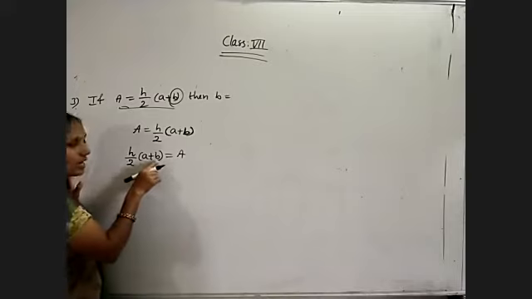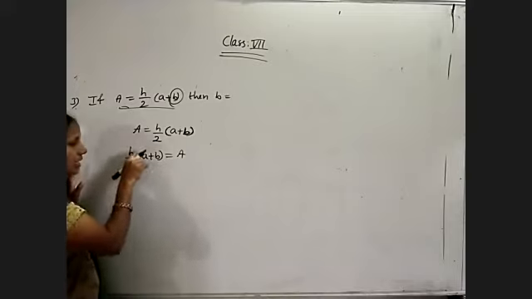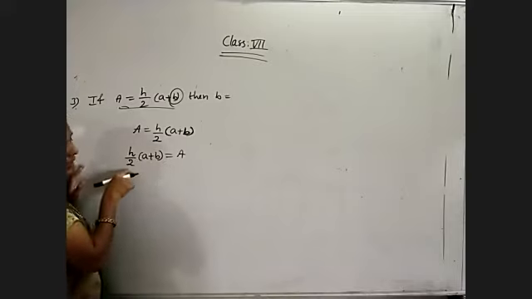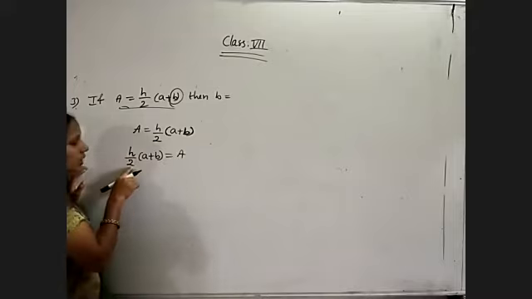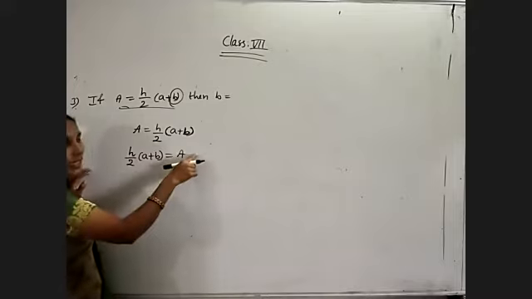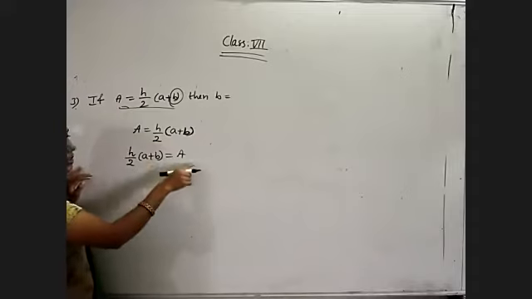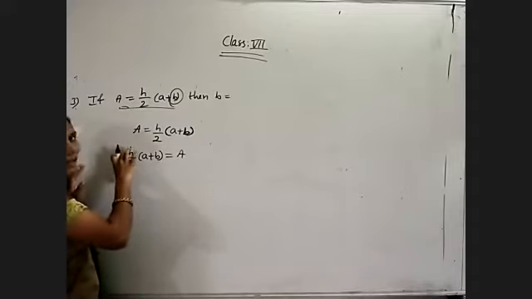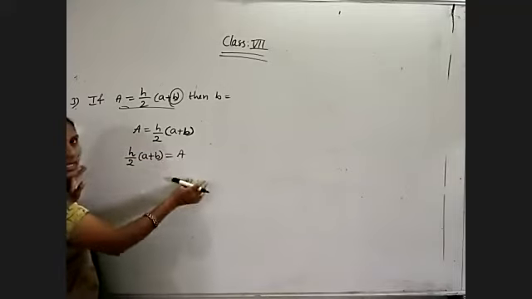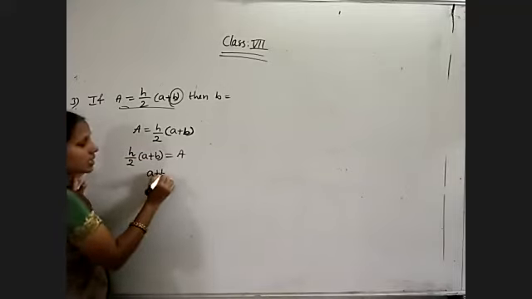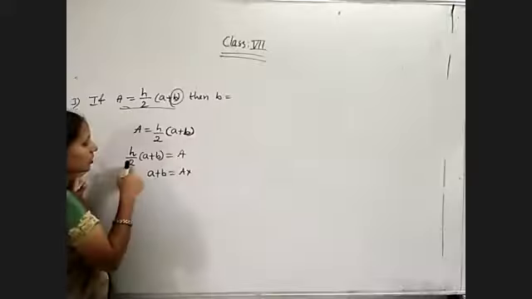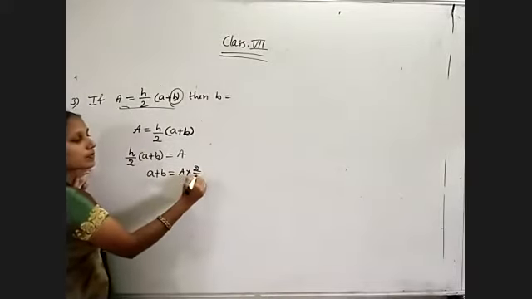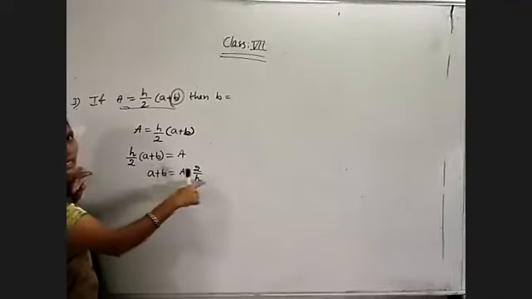Now I want the b value. So first of all, what is the extra term? This is completely multiplied. Bring this side: 2 is in division, so bringing this side it becomes multiplication. H is in multiplication, so bringing this side it becomes division. Which means the reciprocal of h by 2, that is 2 by h, will come this side. So a plus b is equal to a into 2 by h. The reciprocal of h by 2 will get this side.